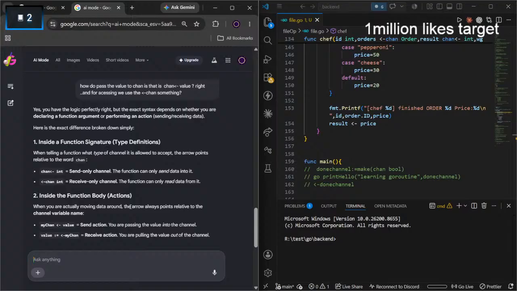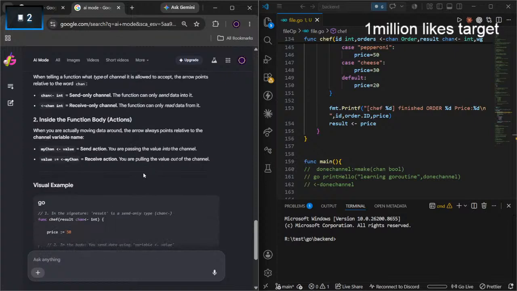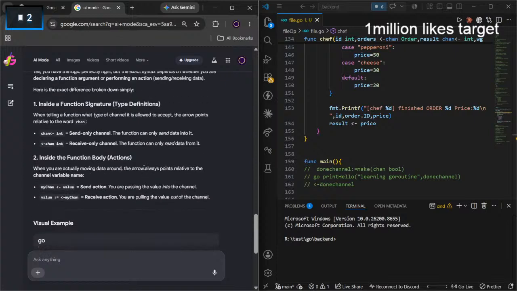Inside a function signature type definition, chan int is send only and this is receive only. If the arrow is in the front, it is going to receive the data. If it is in the back, it is going to send the data. Simple. Front receives, back sends. Cool.